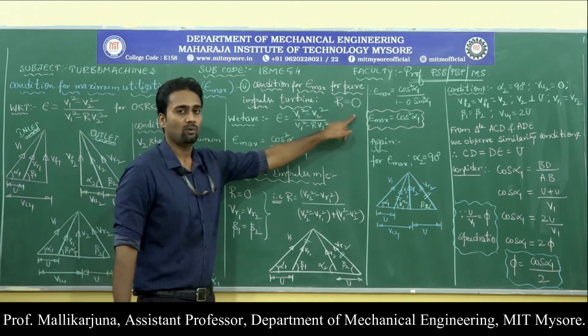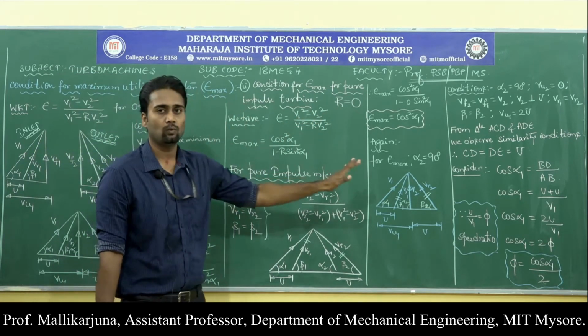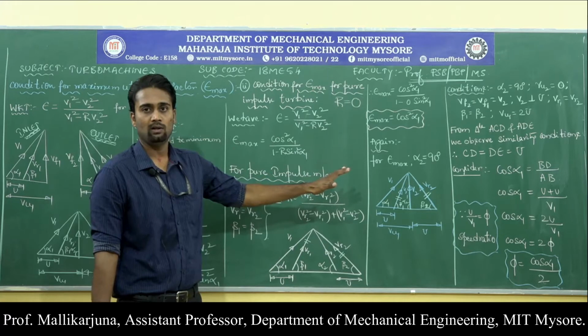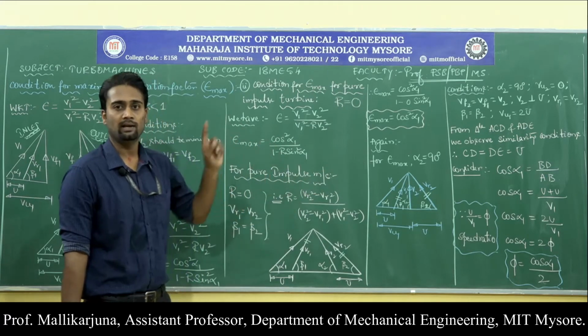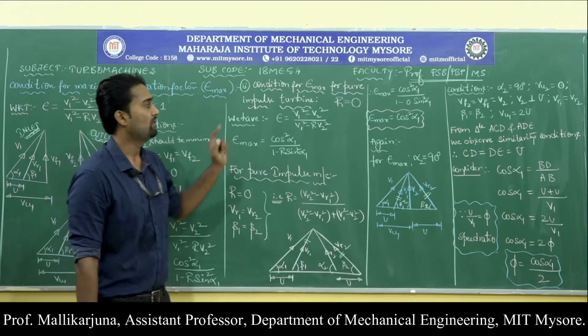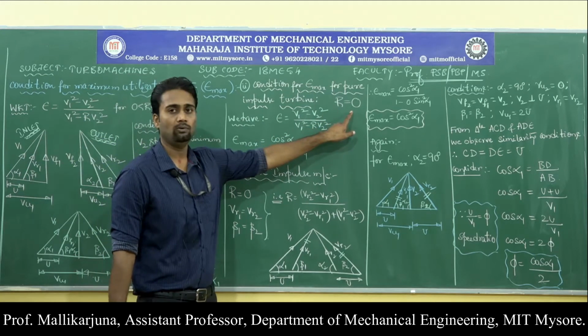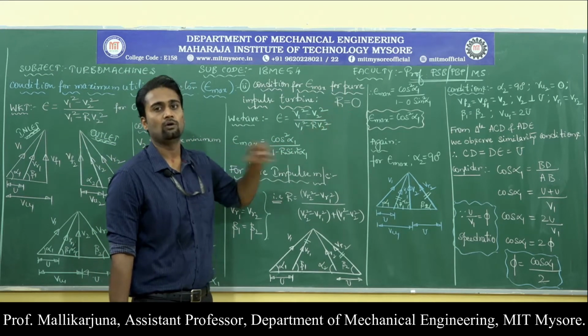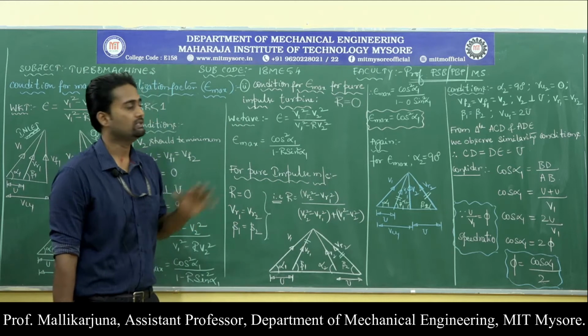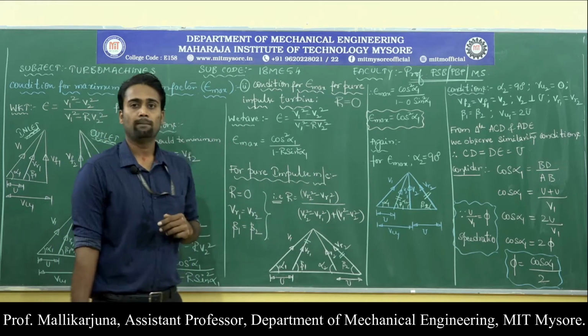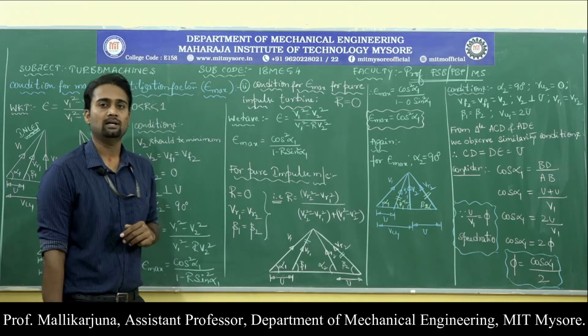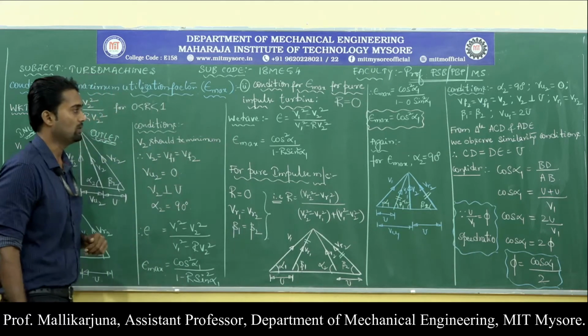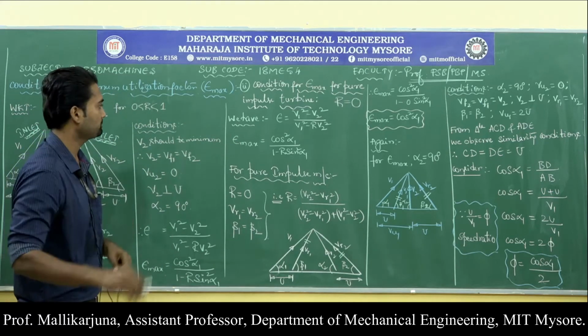R is 0. That means this condition, what I am going to say now, is only related to the turbo machines whose value of degree of reaction is equal to 0, or pure impulse kind of machines. We need to look for the maximum utilization factor condition. Let us move on to the derivation part.